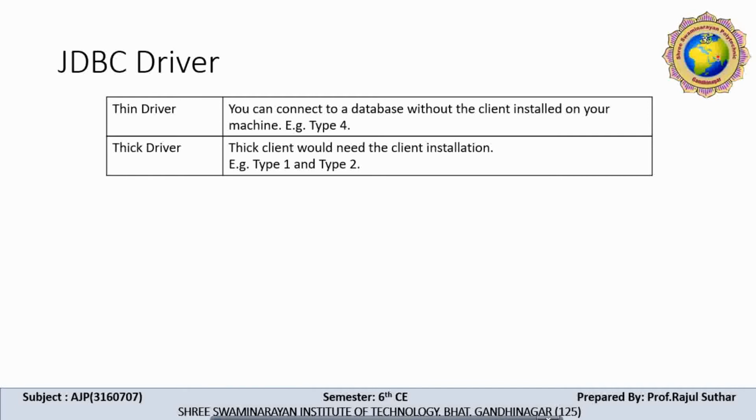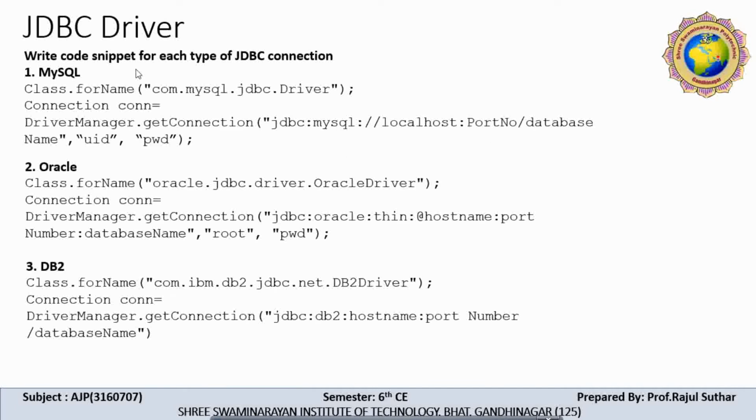And let me discuss with snippet code. So this type of question is also covered in the GTU exam, like write a code snippet for each type of JDBC connection. First of all, we require the MySQL. So first one is for the MySQL connection. In the MySQL, we require this method. The method name is Class.forName, in the bracket